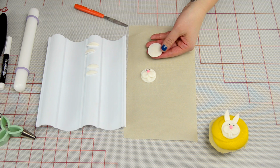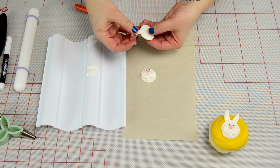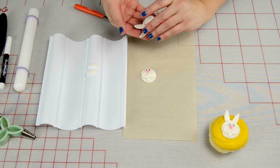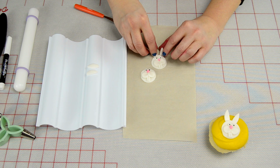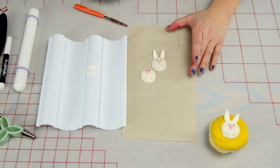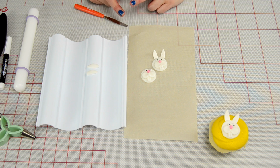And using gum glue, just above the eyes, where I wanna put the ears on. You can put the gum glue on the ears too, whichever you're more comfortable with. I'm just gonna press the now dried ears onto the back of the rabbit. And then I'm just going to let them dry. So I'm gonna give a little press on the front too. Let them dry for a while there. So it takes a couple of hours with the amount of drying in it. If you want it to be slightly faster, you could use gum paste if you wanted,